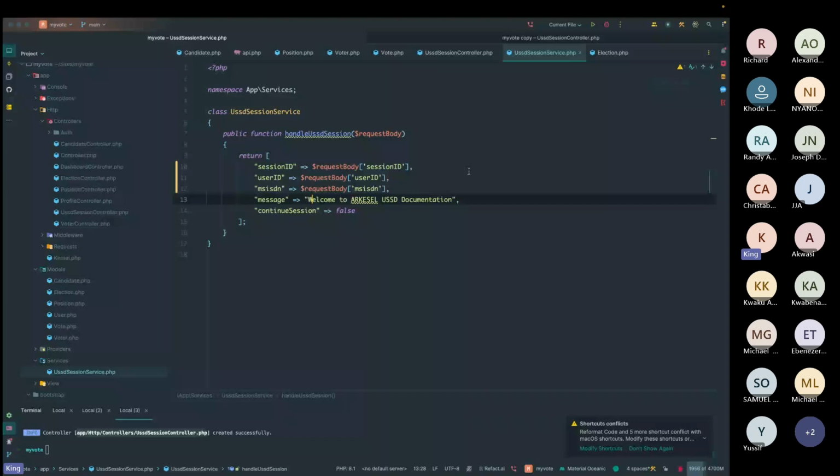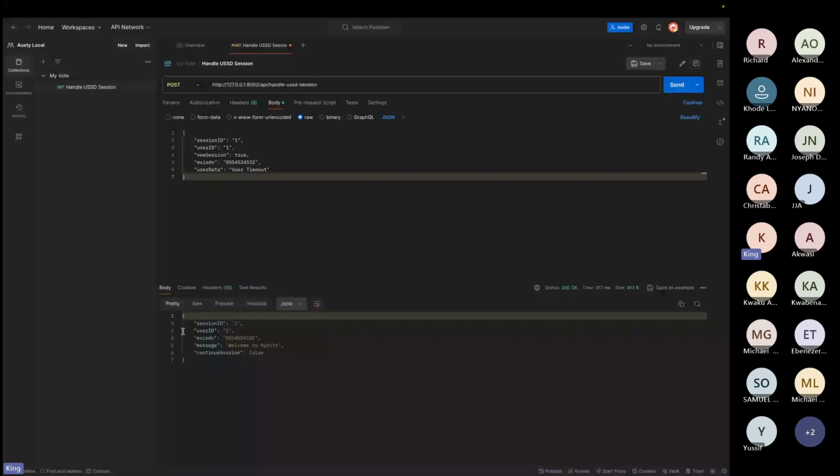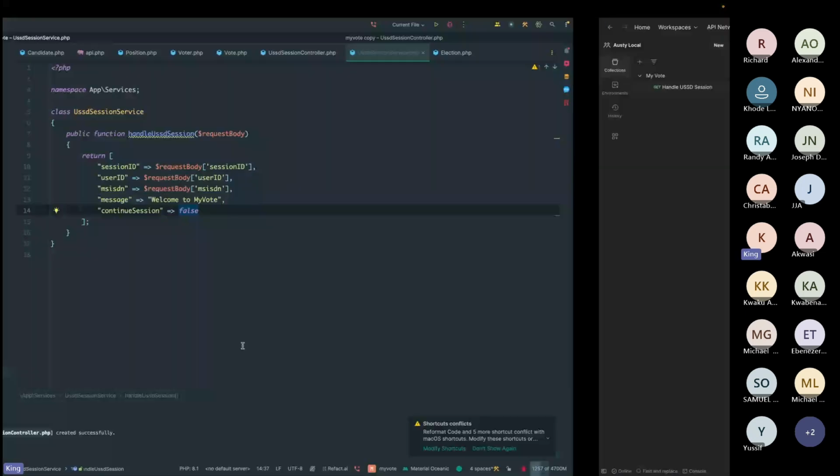That is what I call the system, and whether to continue session or not. So let's quickly try that and see, and then we would realize that we have it here. So session ID, user ID, MSISDN, which is the phone number, and now we have our message, and then whether to continue session. So this message is going to be the message that will be shown to the user on the person's device. So that's it. Now,